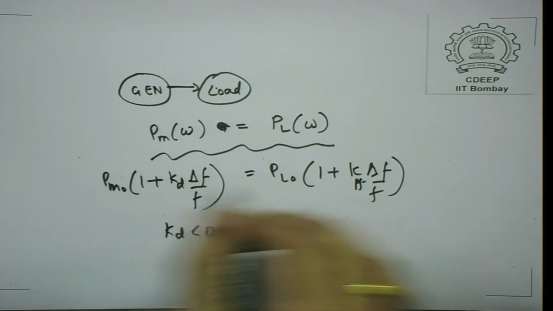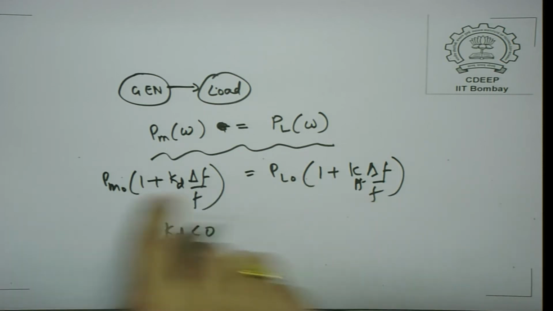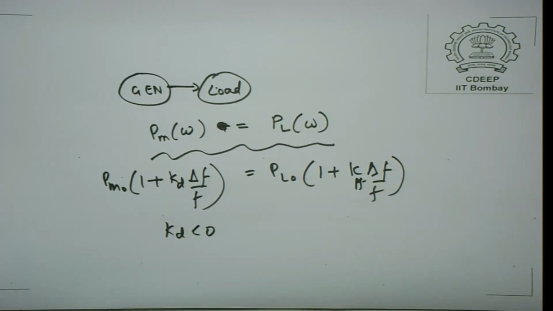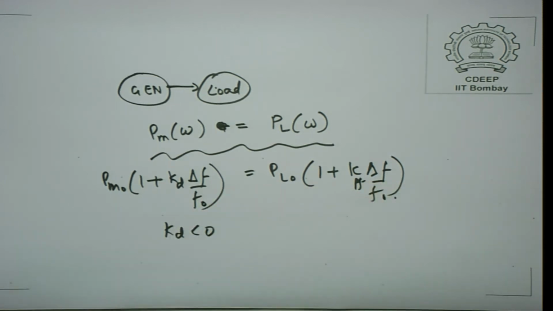So, the solution of this will in fact give you the final settling frequency of the system. You will find that when generation and load are balanced, the frequency at which that balance occurs is the frequency at which the system will settle down. Now,